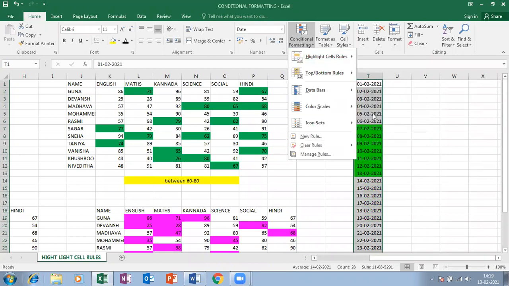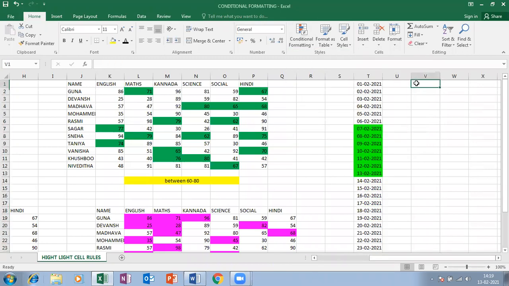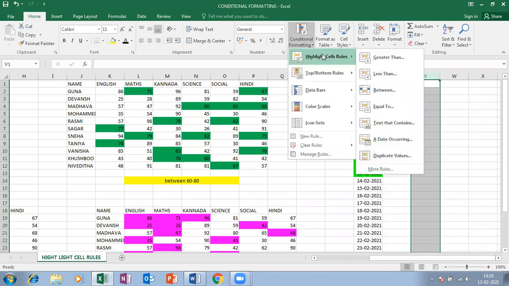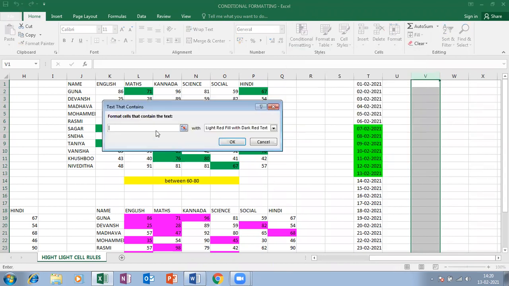highlighting the dates occurring. In the next column, let me enter, select the entire column, click on conditional formatting, go for highlight cell rules, click on text that contains. Okay.